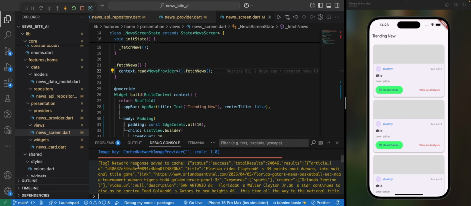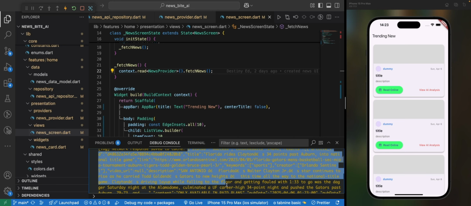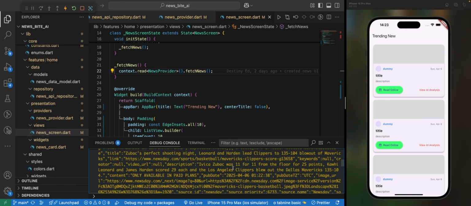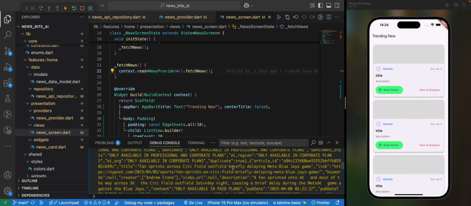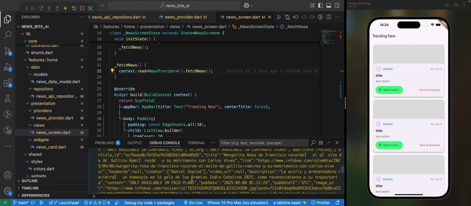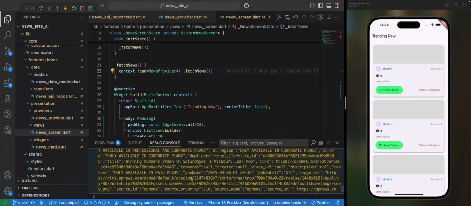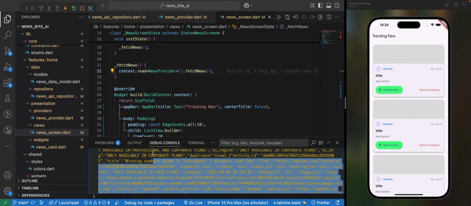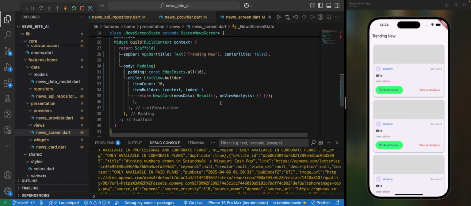So once everything is successful, network response save to cache. This is the network response that we just got now from the API, and the plugin, the offline first support, is handling this when we set the status debug mode to true. So it's going to fetch it and also save it to cache for us. And this is the whole response so far. So now that we have the response, what we are going to do next is to display the real data